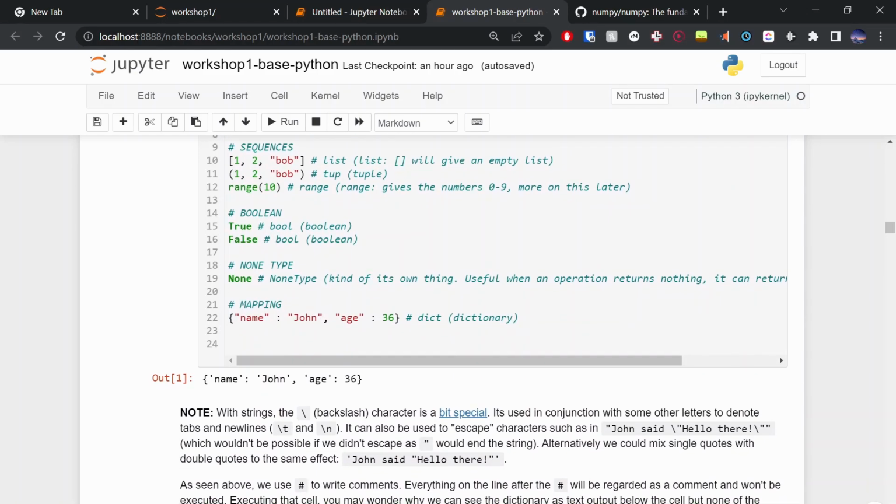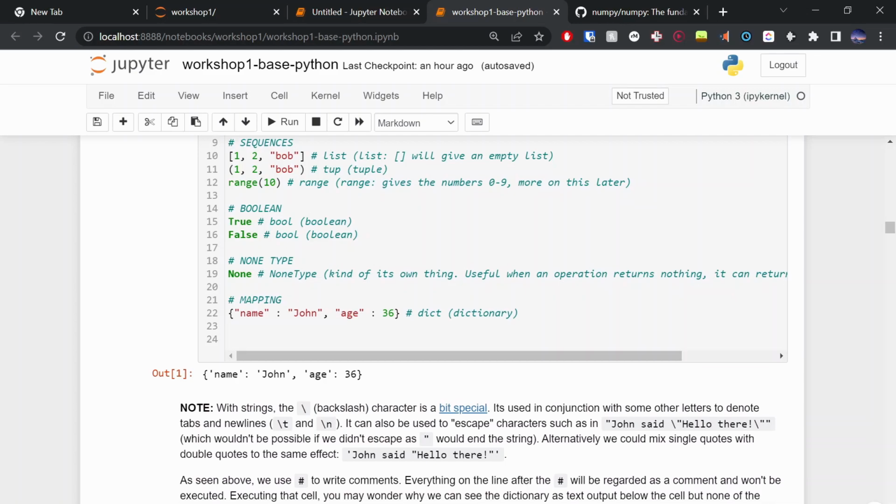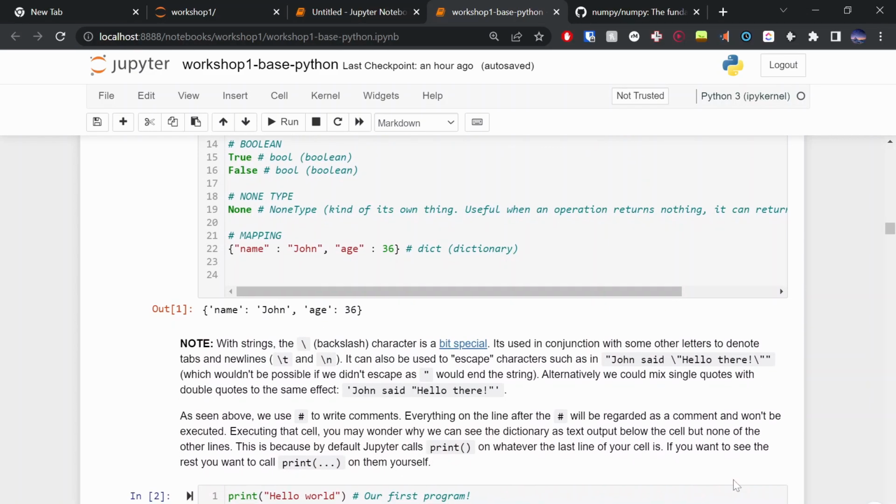Tuples, similar to lists. We don't really cover it in this workshop, but there's some nuanced differences, but we're just not going to cover it. That's fine. We have range, which is a really good object for generating sequences of numbers, and we'll cover that a bit later in the workshop. We have booleans, which are true or false. Booleans are really helpful.